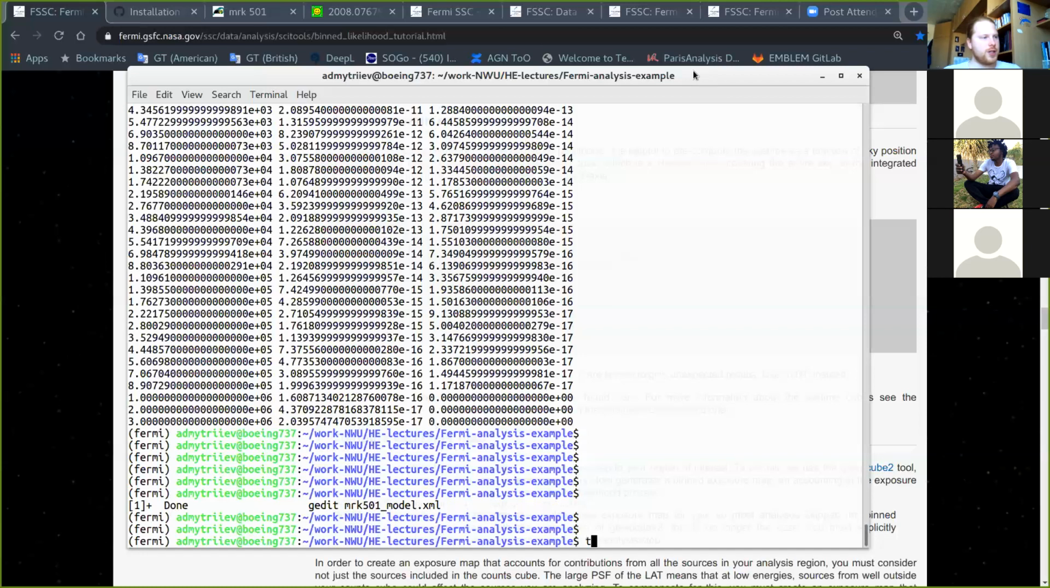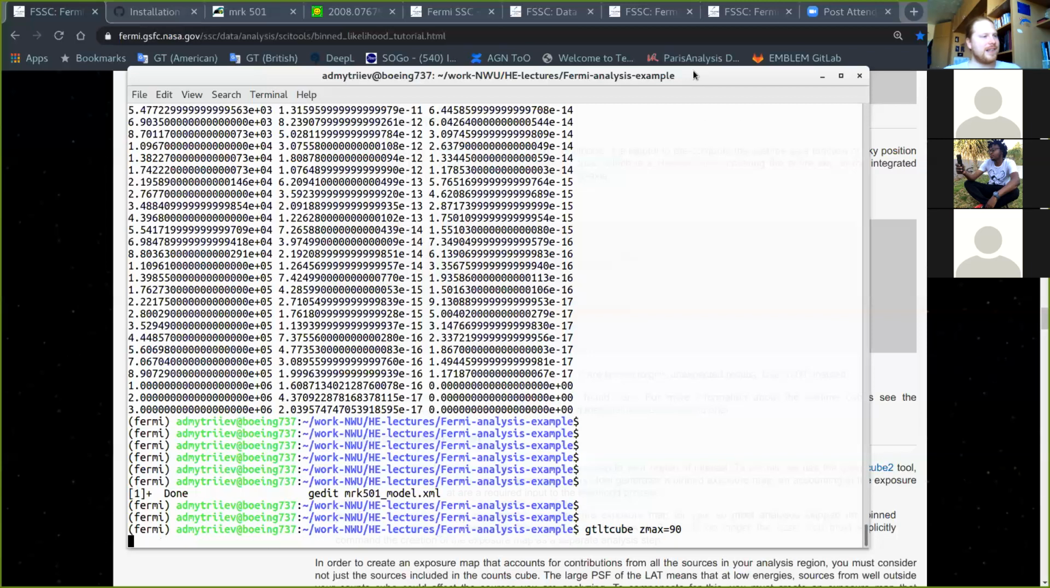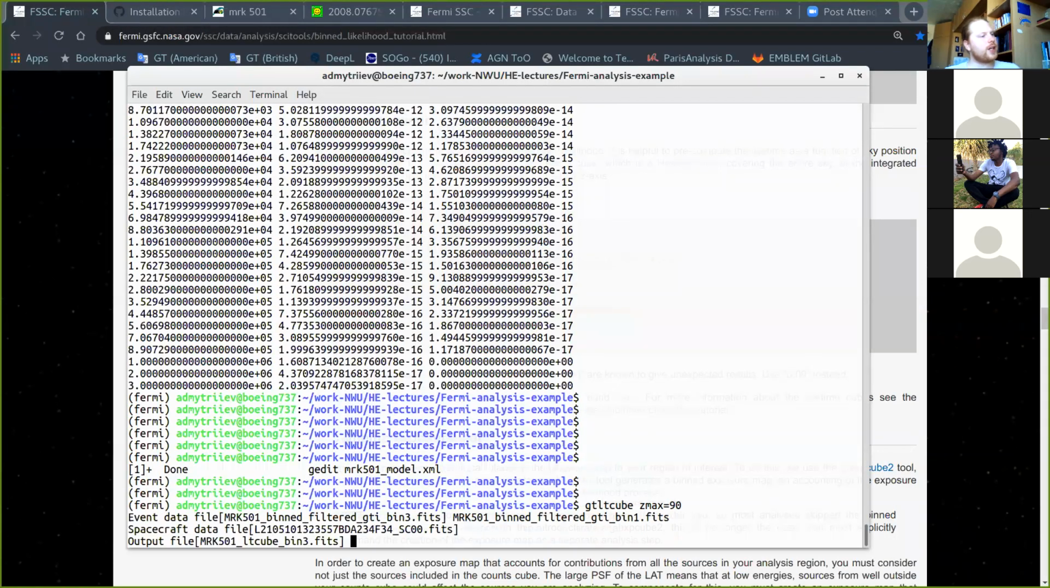Let me do this. So gtltcube, zmax equal 90. It's asking for the event data file. So they filtered, yes, for this one, but for instance, for the first energy bin. Spacecraft, okay, it's already in memory. Output file, so we give a name to the output file, let's say LT cube bin 1, version 2, to not overwrite the one which I created already. So version 2, LT cube. And for the first energy bin,